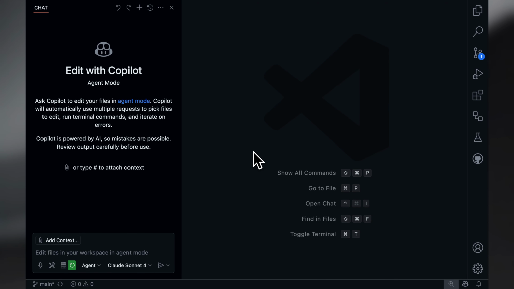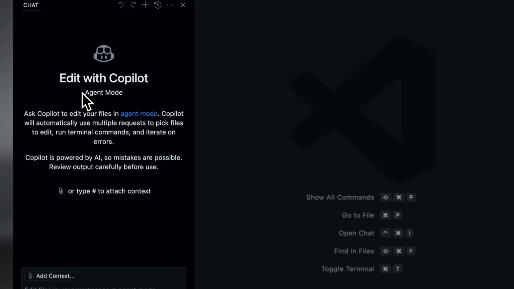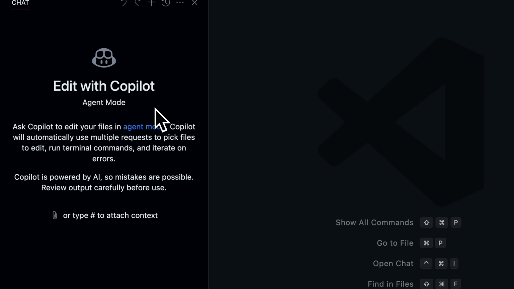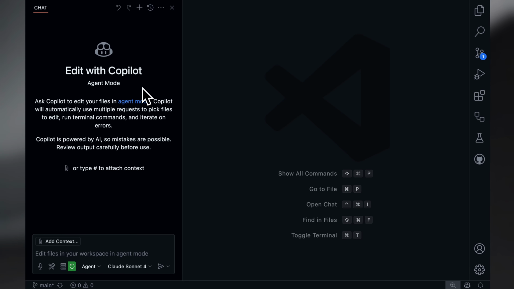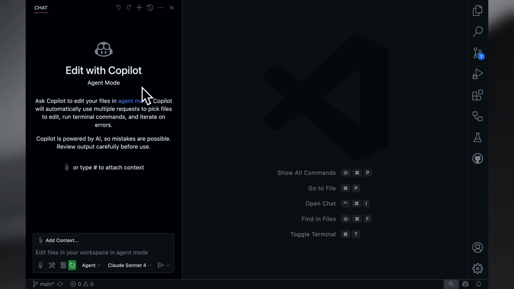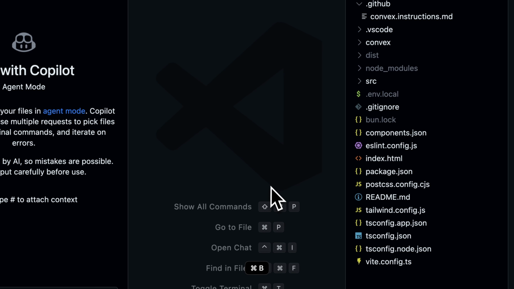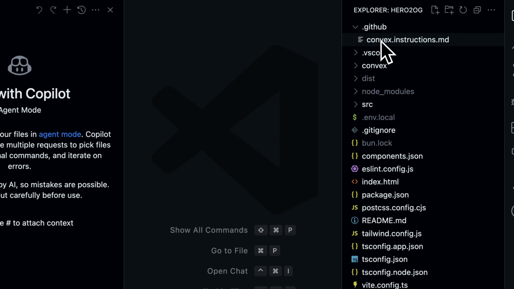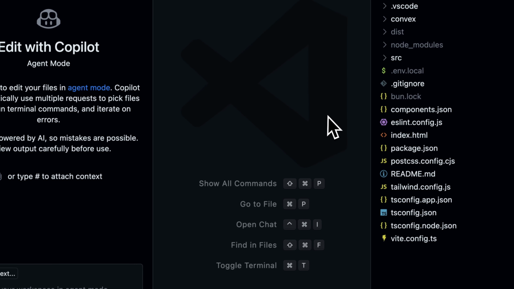Copilot instructions are the instructions that we give to this edit mode with Copilot. Copilot has an agent mode which can create files, run commands, and connect with integrations, MCP servers, everything. So I usually write some instructions so I don't have to repeat everything in the prompt itself. This usually goes in a .github folder called copilot.instructions.md, but